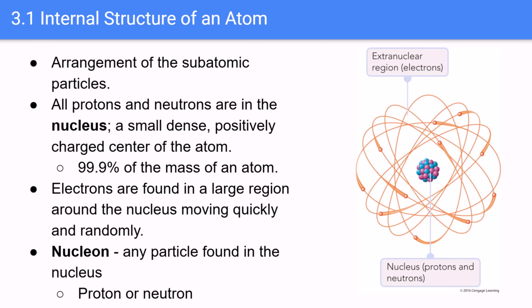Let's break down the arrangement of those subatomic particles in a little more detail. All protons and neutrons are found inside of the nucleus. The nucleus, again, is a small, dense, positively charged center of an atom. It makes up 99.9% of the mass of the atom, because if you remember, protons and neutrons are nearly 2,000 times the size of electrons. Electrons are found in a large region around the nucleus, moving quickly and randomly. We also use the term nucleon to describe any particle found within the nucleus,